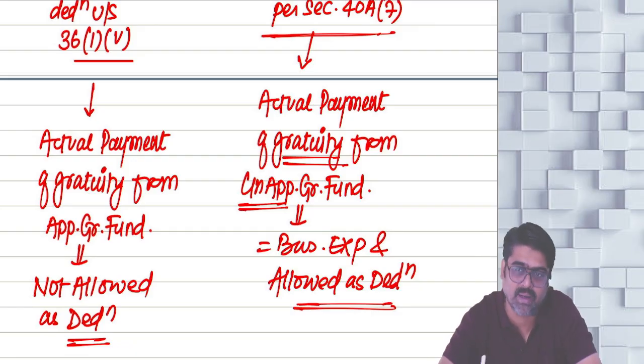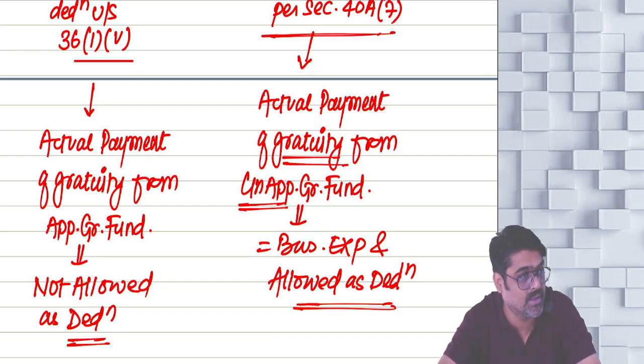So if gratuity is paid through an unapproved gratuity fund, or through the business profits, then that gratuity is allowed as a deduction, as your business expense. But if the gratuity is paid through an approved gratuity fund, then that gratuity is not allowed as a deduction. Understanding? Now when you contribute right now to an approved gratuity fund, that contribution will be allowed as a deduction subject